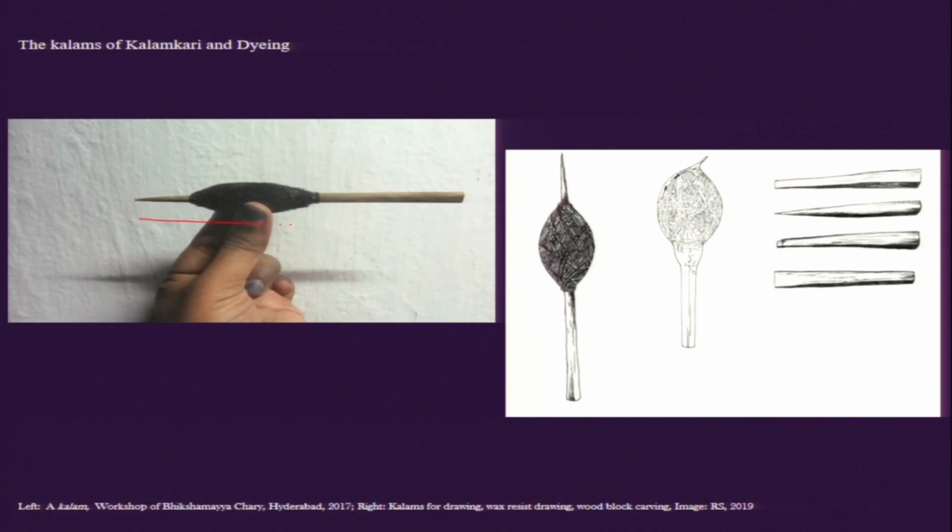Here we see this bamboo pen, which is fairly simple, a portable pen, and it also has this sharp tip. But then it also has this very characteristic bulbous grip, and this bulbous grip is essential for kalamkari drawing in these artisanal workshops. This bulbous grip is made with layers of cotton, and on top of that cotton yarn or cotton thread is used for tying it around, and that is how this bulbous grip is created.